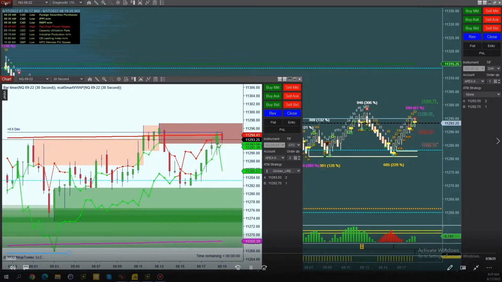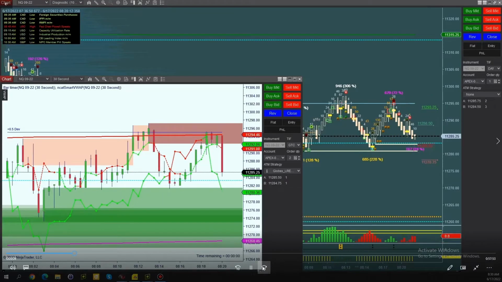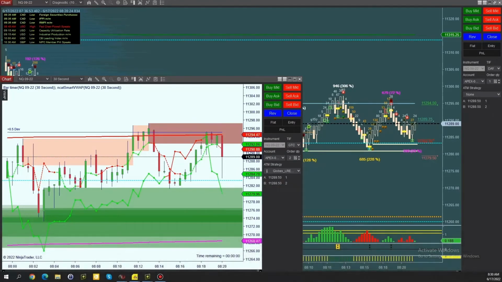Okay, we came close to an early entry. Both are angled up green. This one did not break the high, but it looks like it flipped back and maybe it'll be ready to break out now. And it didn't. It came all the way back down. So we're clearly in this range, right? So I'm not even thinking about an LRE right now because I want a clear trend, not a clear range.